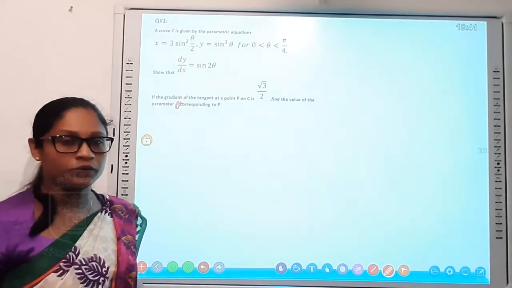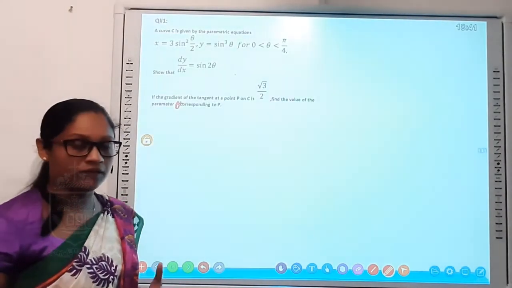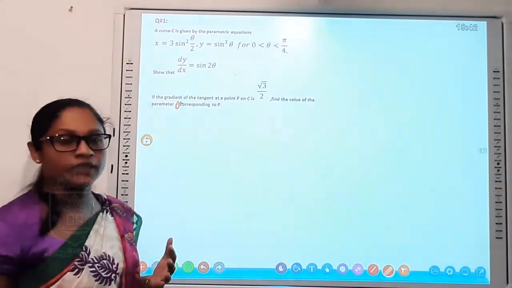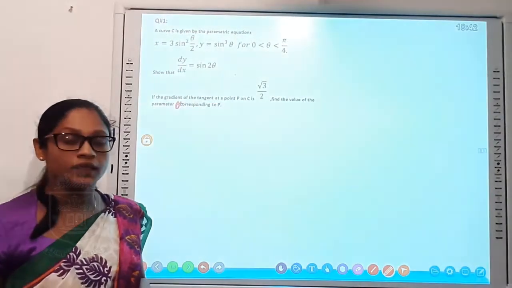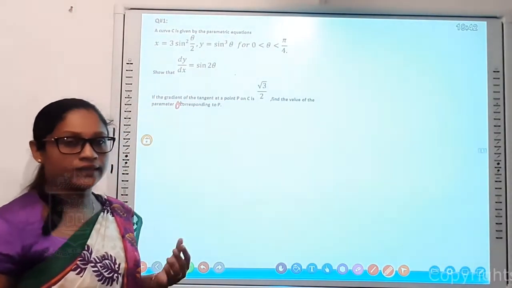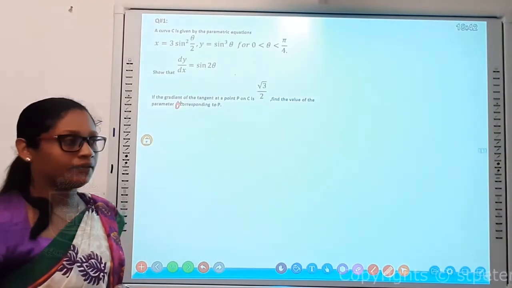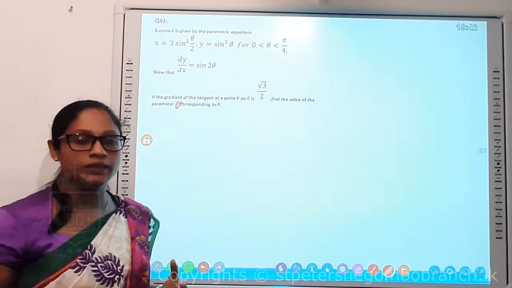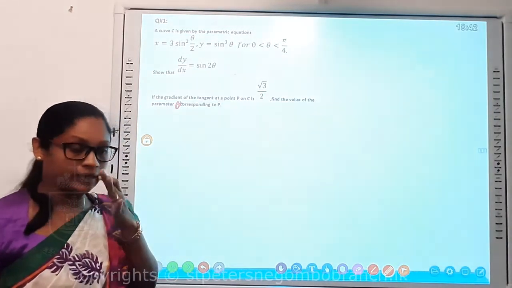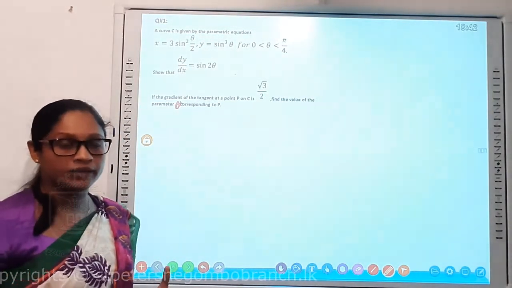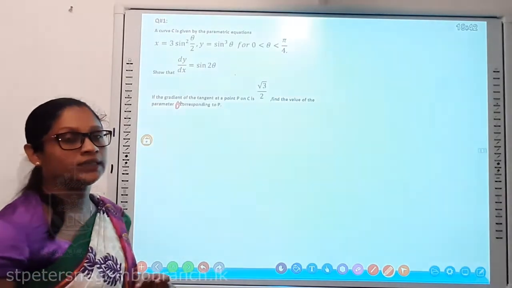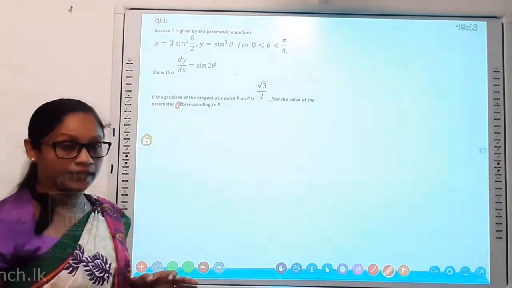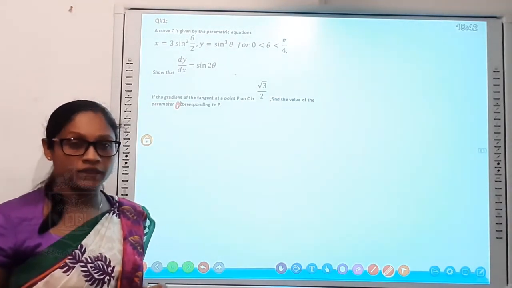In this session, I hope to discuss the second part of the application of derivative. Here I hope to discuss a few exam A-level questions. As I told previously, the first part was the application of derivative in geometrical representation. That question you can see in the Combined Maths one paper, in part A under question number 7.